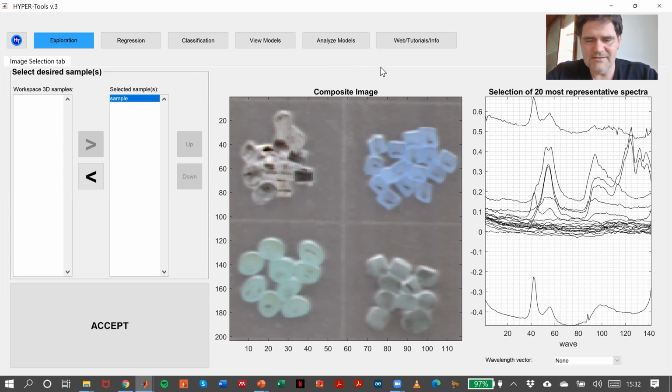Even so, we can see that there is some information in here. Let's just load the wavelength vector. It's this one, WV good. So this wavelength range goes from 950 something up